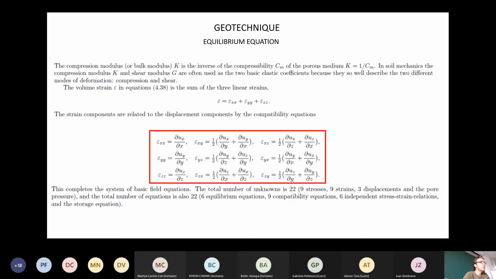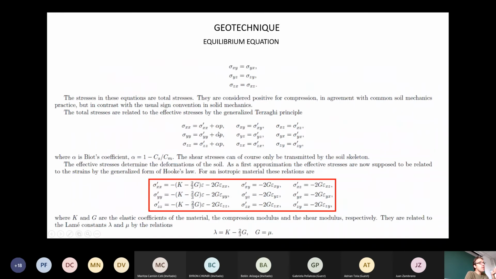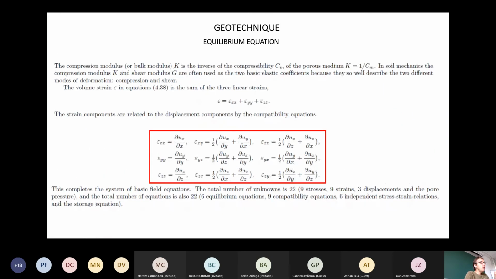So we have to consider also the pore pressure. And we have a total number of equations that are 22: 6 equilibrium, 9 compatibility equations, 6 independent stress-strain relationships, and the storage equation. So now you know why we talk about this most infamous equation. Because when you have the soil, you need to add an equation,